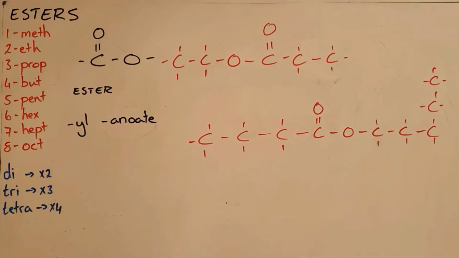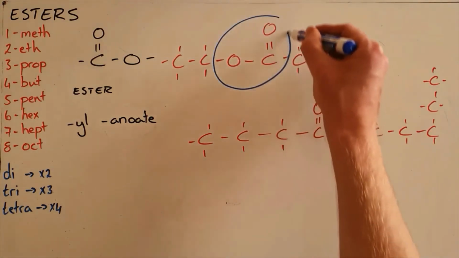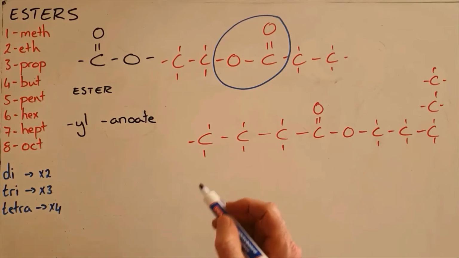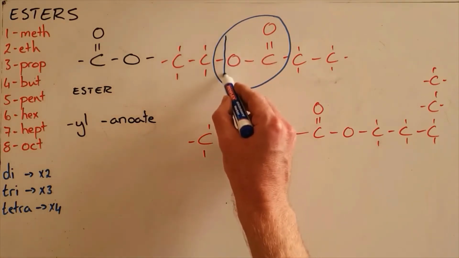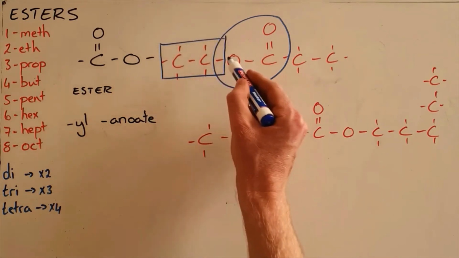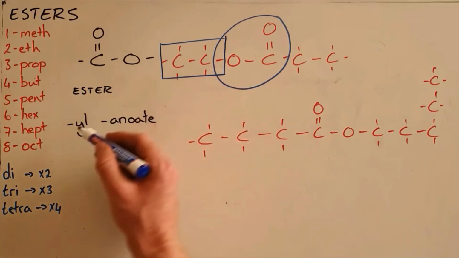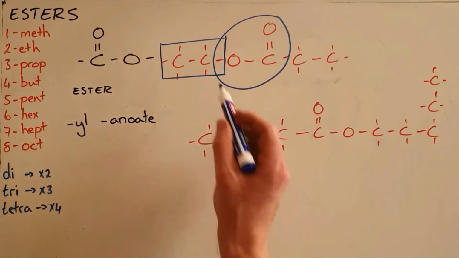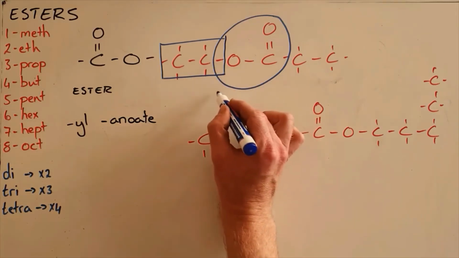So the first thing that you need to do when naming a molecule is identify the ester functional group, and here we can see that we have the ester functional group. We can see that this is broken up into 2 parts. There's one part of this molecule that is attached only by a single bond to the oxygen. That is always seen as the branch to this ester, and as a result comes first and gets the suffix yl. So in this case, that is 2 carbons, meth, eth. So we would call this